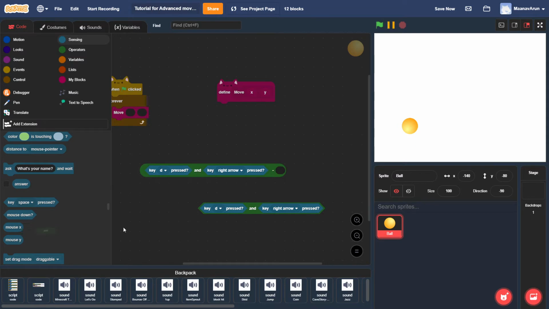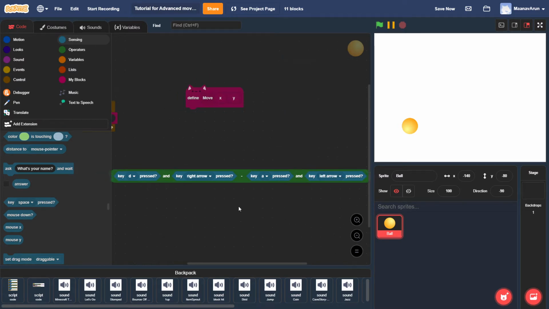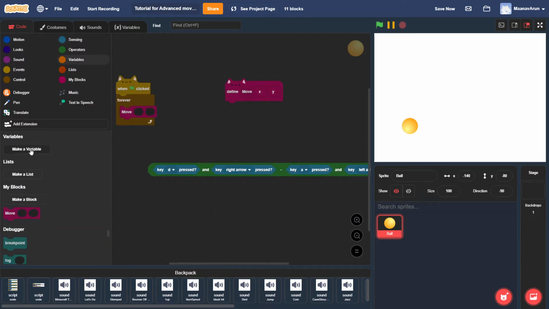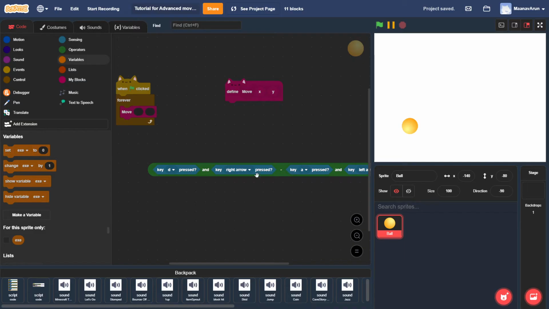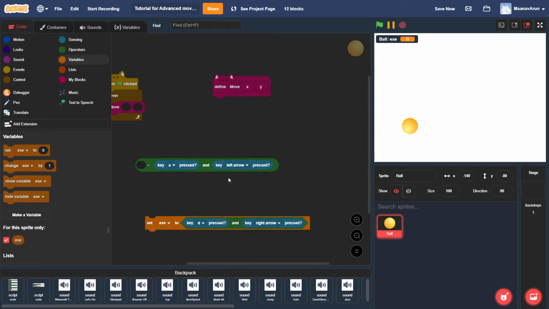So what you want to do is put it on the left side of the subtraction operator and duplicate it. If you want, you can completely get rid of the AND block we previously put in the second one and put in the duplicated one and set it to key A pressed and key left arrow pressed. So if you haven't watched the previous video, I can show how this would work. So what I'm going to do is make a new variable, and I'm going to show it just so you could see. And I'm going to get a set example, short for example, is what I would like to do,